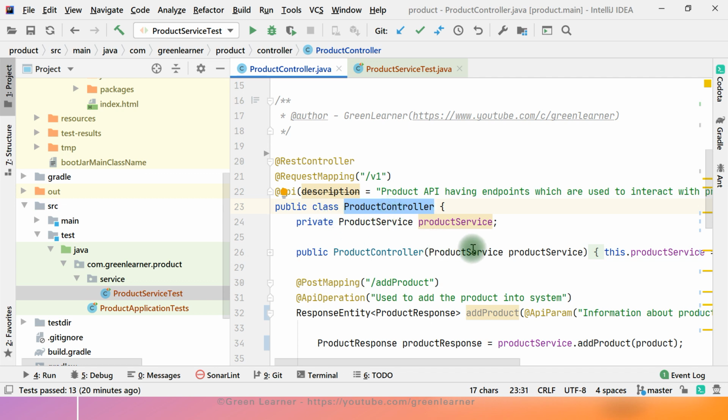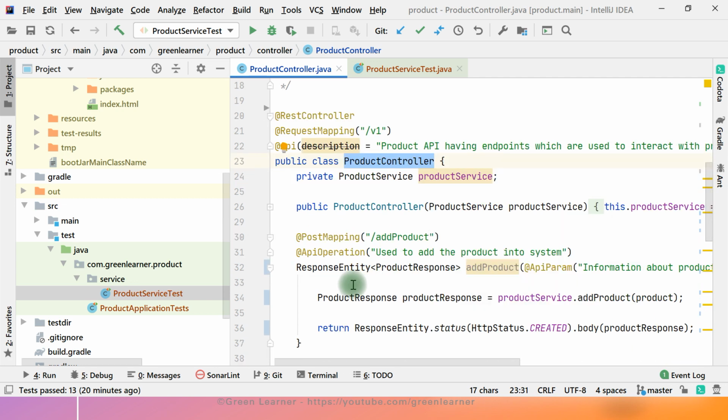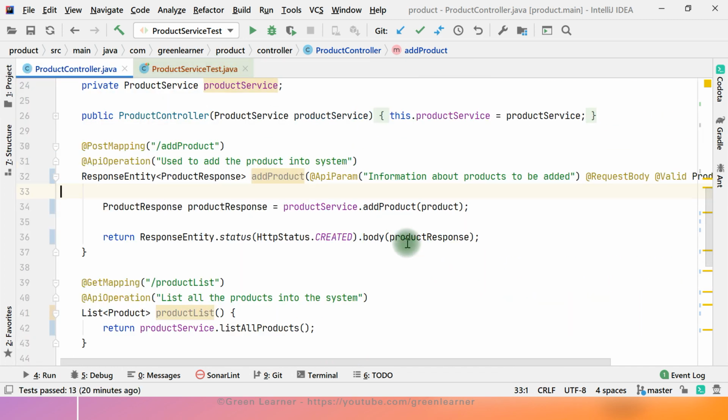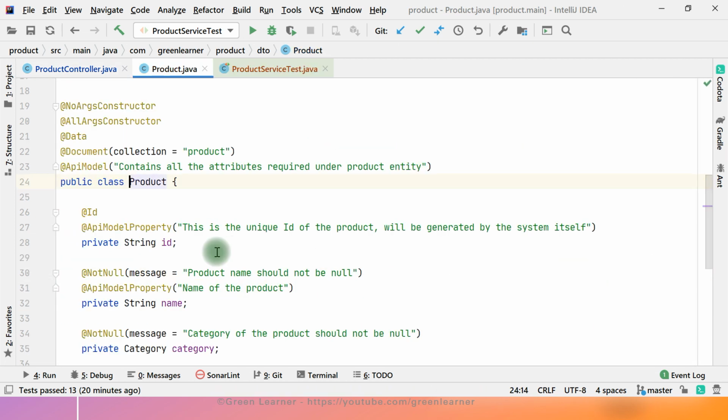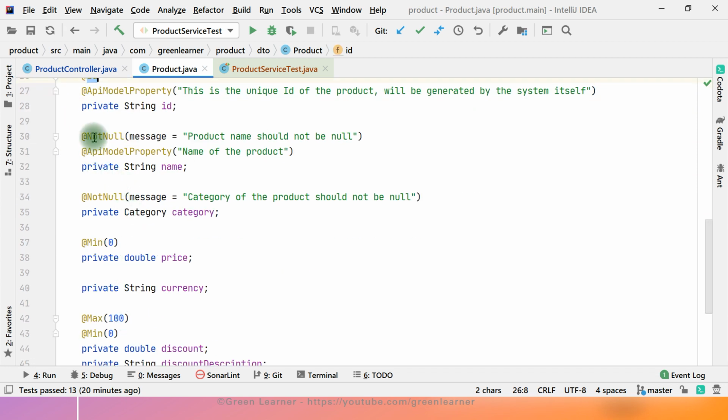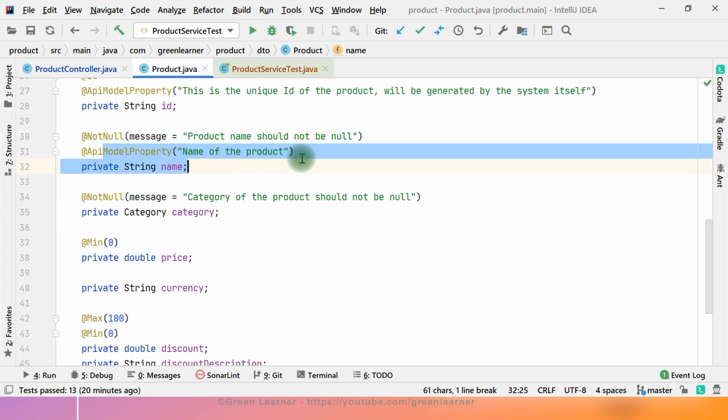If you remember, when you have this product, where is that product? Add product, come here, you have these annotations, ID not null, right? So not null validation. The API model properties are for documentation; we are not going to cover that in the test.